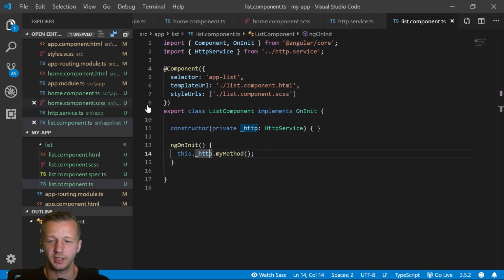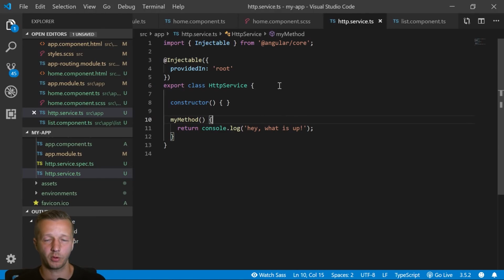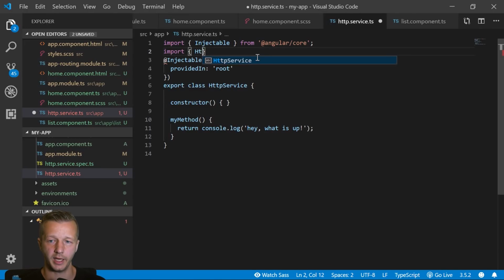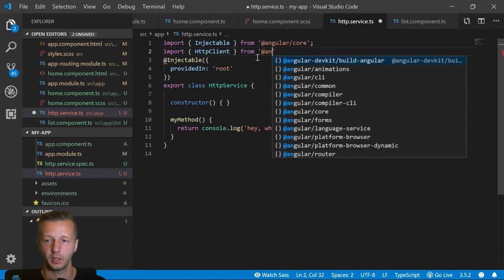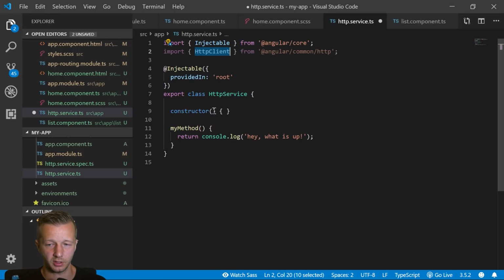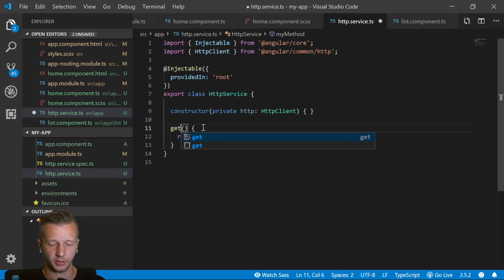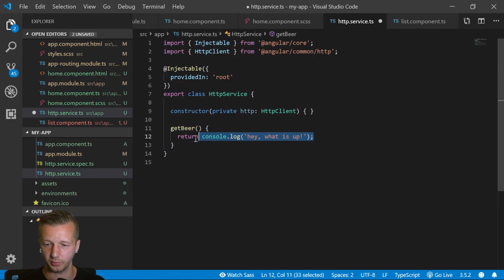All right, so now let's actually make this thing do something by connecting with a public API over here. In order to do that, we're going to have to work with the Angular HTTP client, which allows you to do just that. So we're going to import HttpClient from @angular/common/http. All right, so we have to actually use it as well. So once again, through dependency injection, private http: HttpClient. Now let's rename this to getBeer, because we're going to get a list of breweries essentially, and we're going to return this